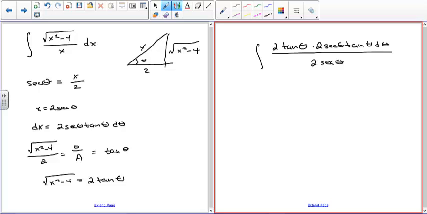And for x, we have 2 secant theta. So there's the unsimplified version. We can simplify that because there are some things to cancel out. There's the 2, there's the secant, and so what that leaves is 2 times the integral of tangent squared theta